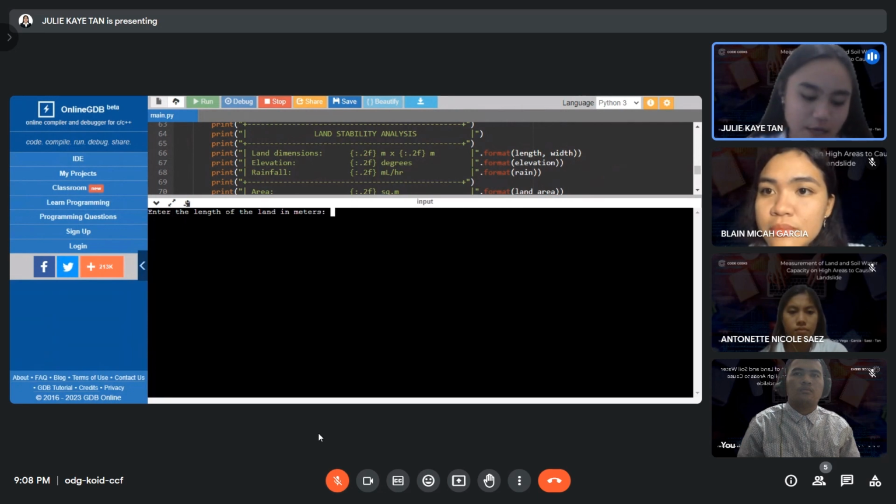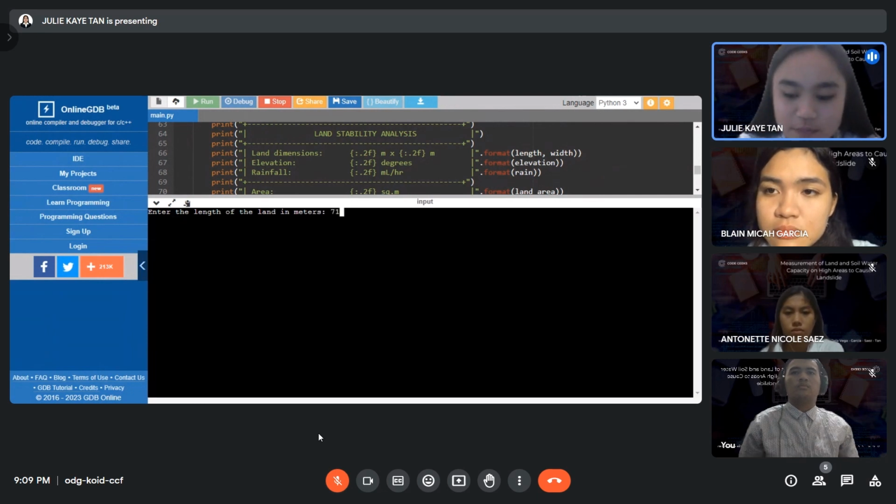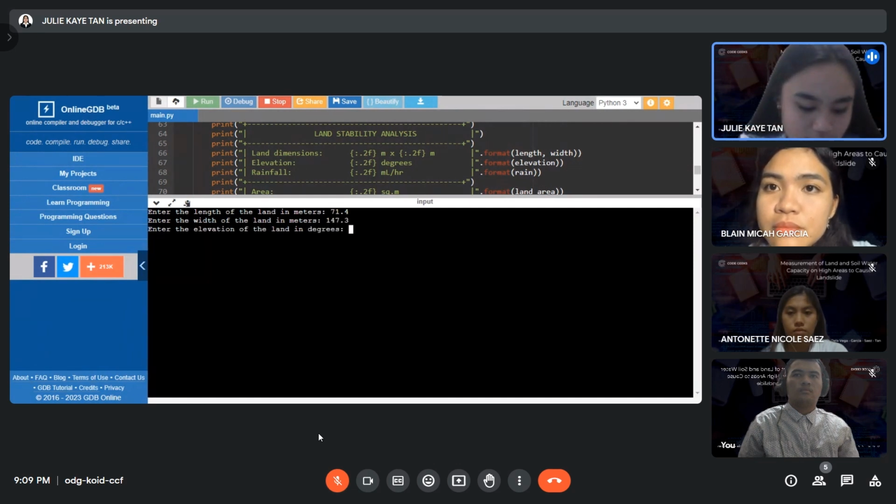After finishing the program, let's run it and check if it's working. We will use Barangay Malimatok, Mabini, Batangas as the location. As we have gathered from the survey data, the length of the land is 71.4 meters. The width is 147.3 meters. The degree of elevation is 109.5 degrees. And the rainfall is